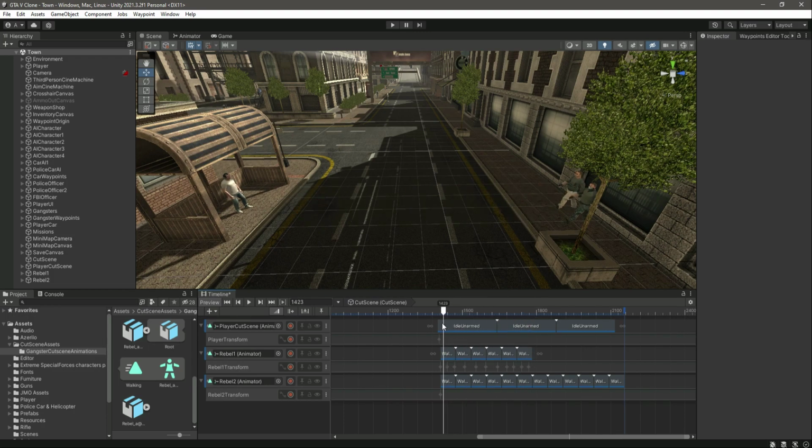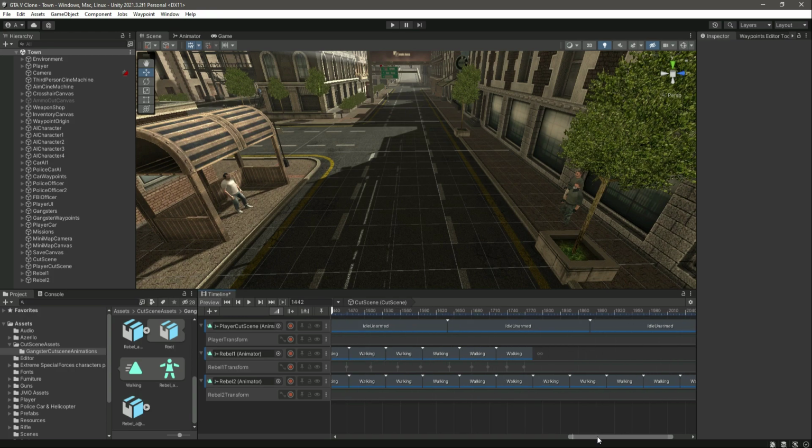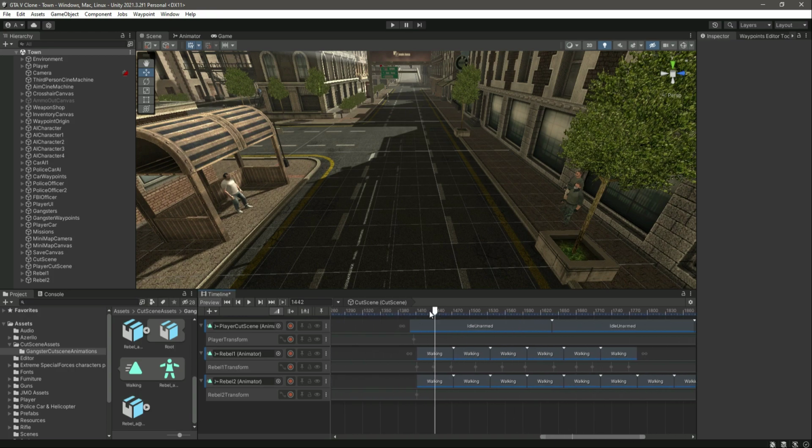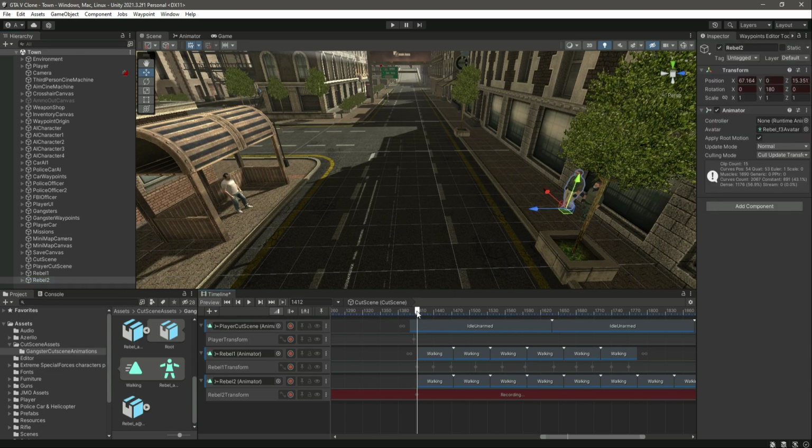Now let's do the same for the rebel 2. For the rebel 2 it will be really simple, because this is the transform of the rebel 1, so we can just add the rebel 2 transform in the same way, on the same places. So now if we click on record of the rebel 2, select rebel 2, okay, there he is. Now right here,